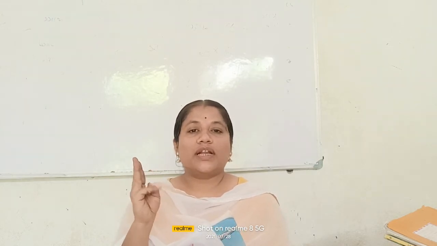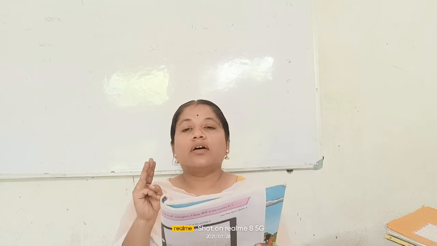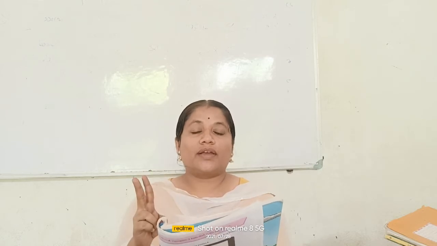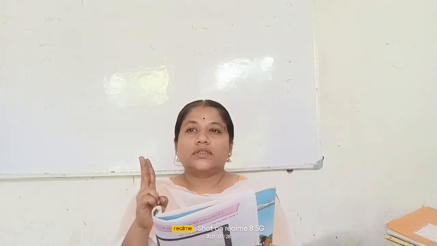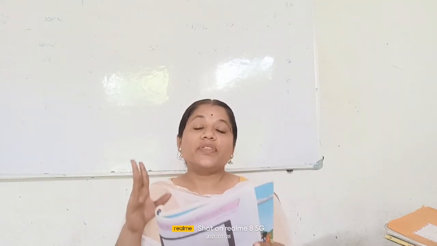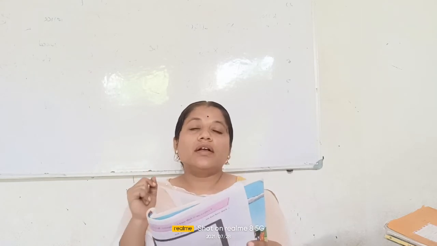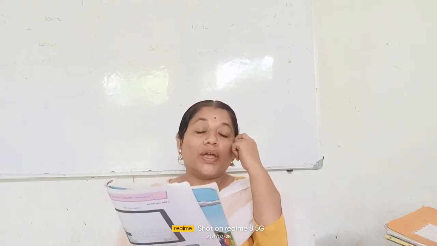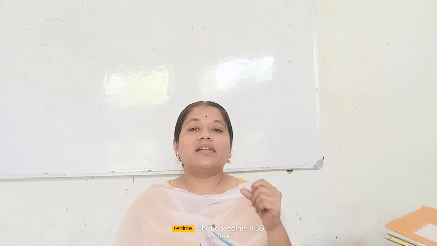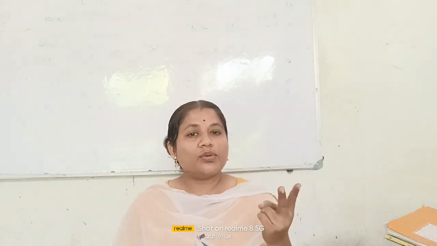O is remaining. So there are some words which have O in the middle, like B-O-Y, boy, T-O-Y, toy, N-O-R, nor. Like these words. These words have O in the middle. Then the words with U in the middle are C-U-P, cup, B-U-S, bus, B-U-T, but, T-U-B, tub, H-U-T, hut, like these words.